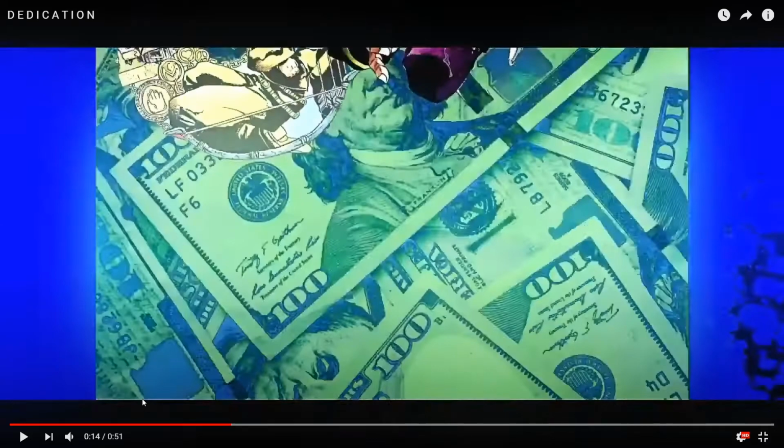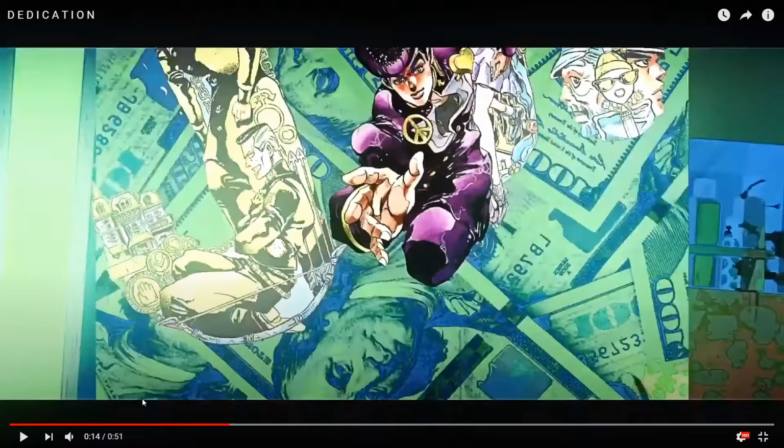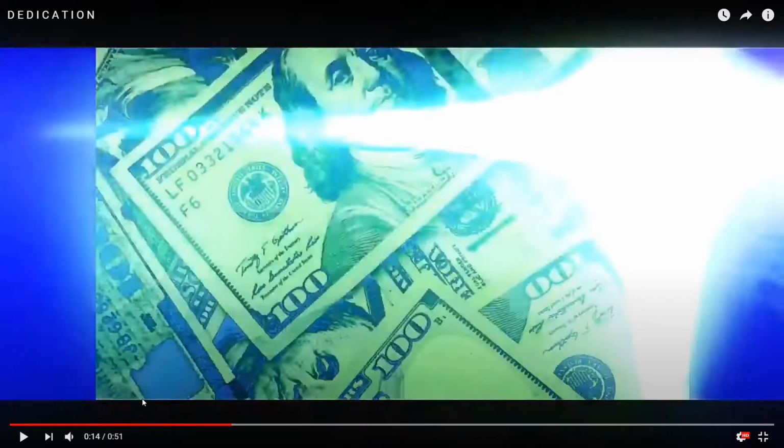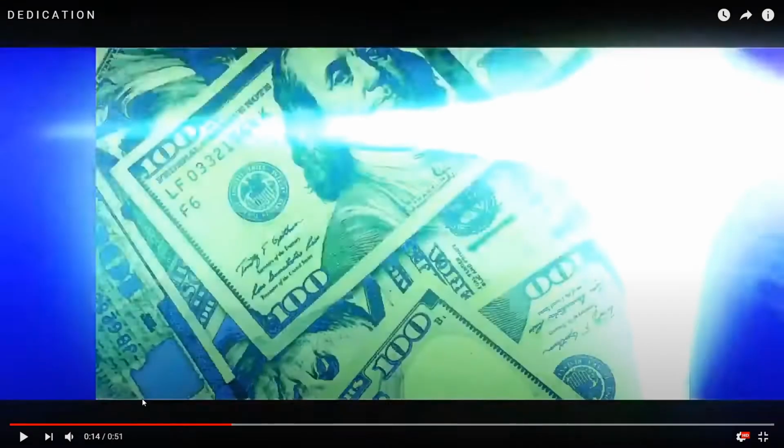What's this transitioning into? This is really nice though, because you see that the money is still there, but the background changes with this glow. So there's a change of background as a transition, but keeping the money in really adds to the overall flow. It's sort of bringing something from the previous scene to the next one,